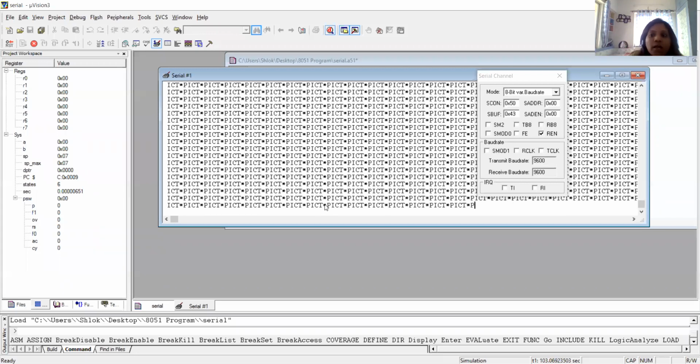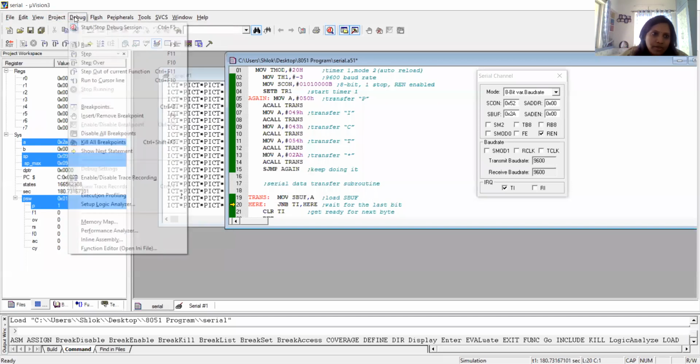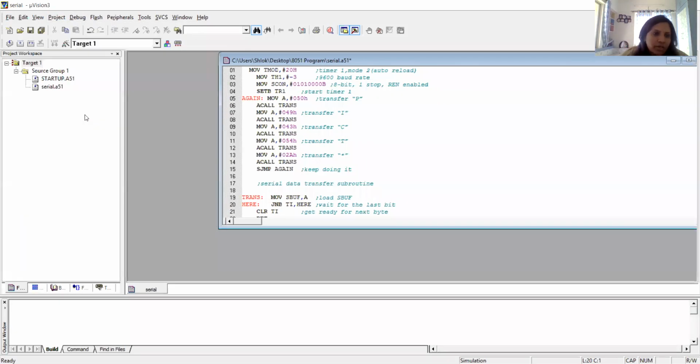Now here we are not actually interfacing the 8051 with our program. Basically in our lab, we have to connect an 8051 kit with our terminal, and then we have to burn the program. We have to create a hex file. So how to create a hex file? For that purpose I am coming back from the execution.